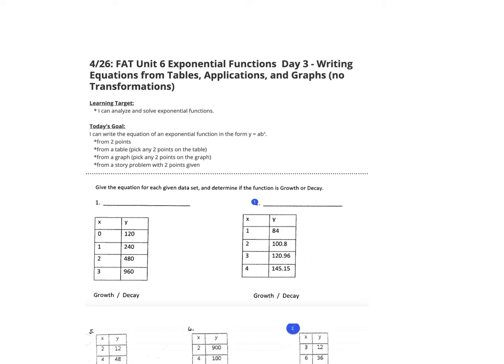Now, when we're taking a look at an exponential function, we're going to write it in the form of y is equal to a times b to the x. This x and this y, those are the points we're going to be plugging in. A right here, you can think of that as your start value or your y-intercept. And then b is the multiplier